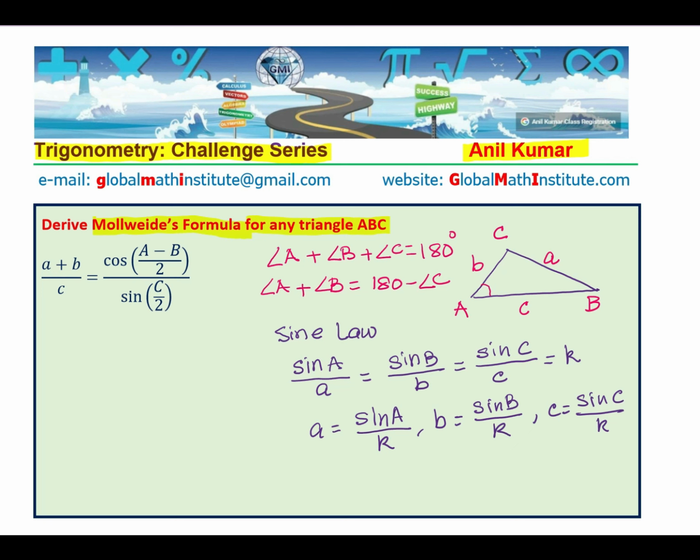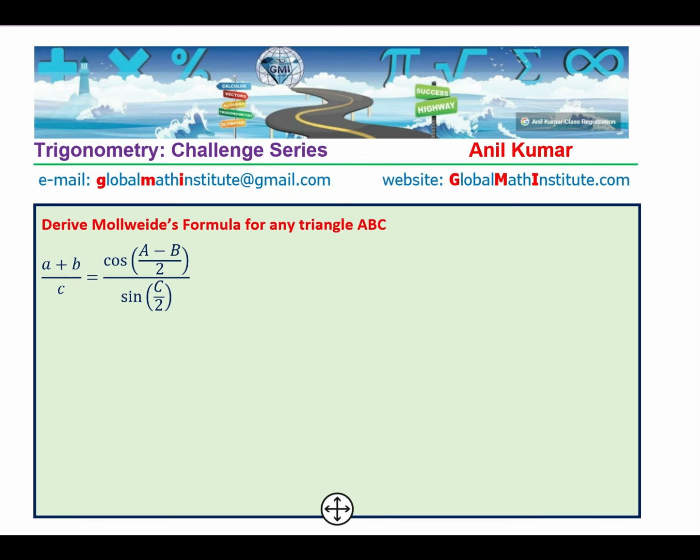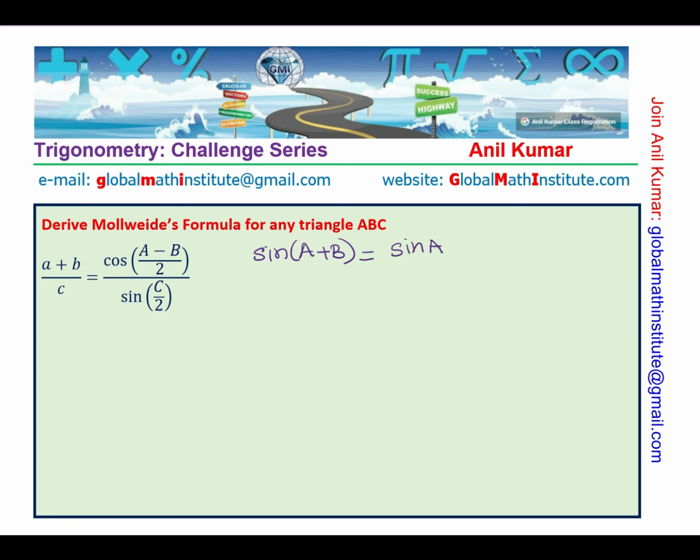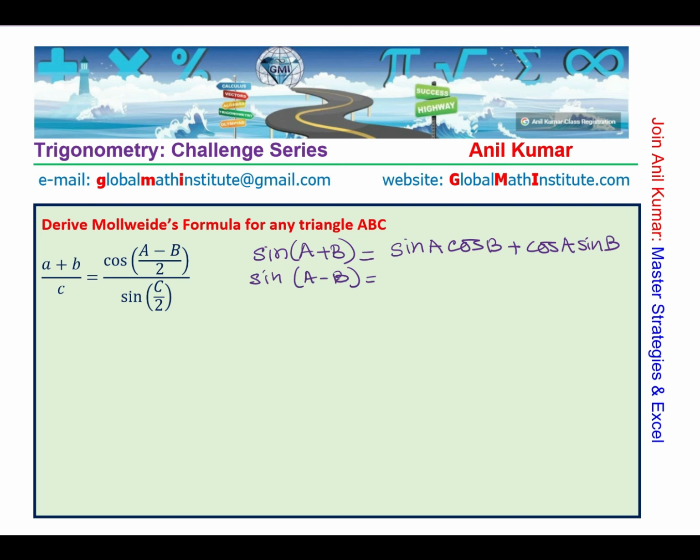Now, once you do that, we'll end up with a plus b formula, right? So let me also share with you the sine A plus B formula. Let us do it on the next page. Okay. So recall, what is sine A plus B equal to? Sine A plus B is sine A cos B plus cos A sine B. And sine of A minus B is sine A cos B minus cos A sine B, right? Now, if we add them up,